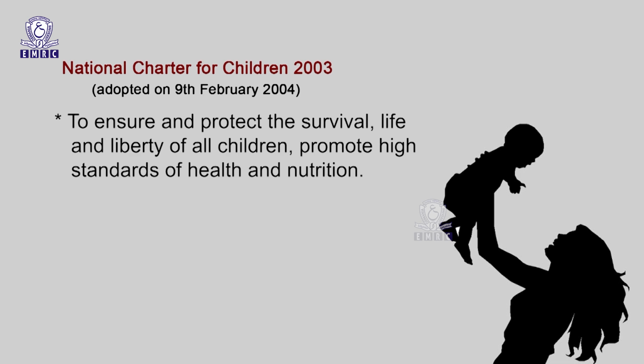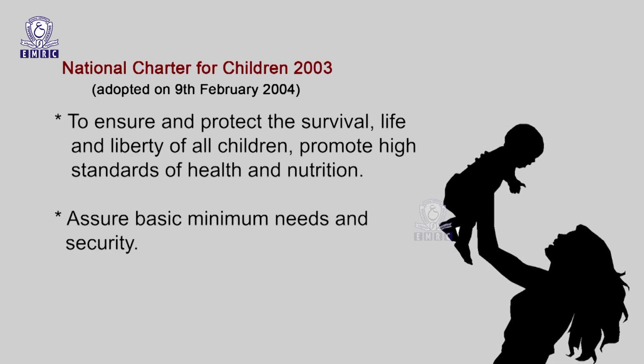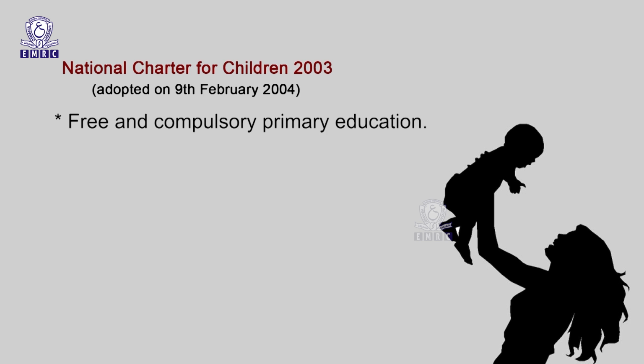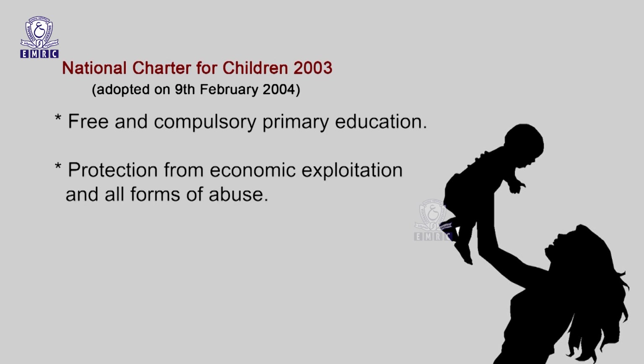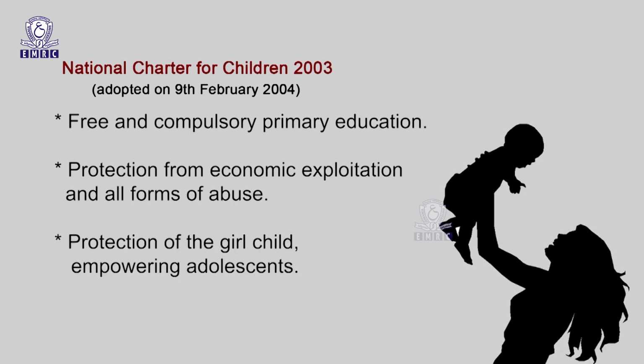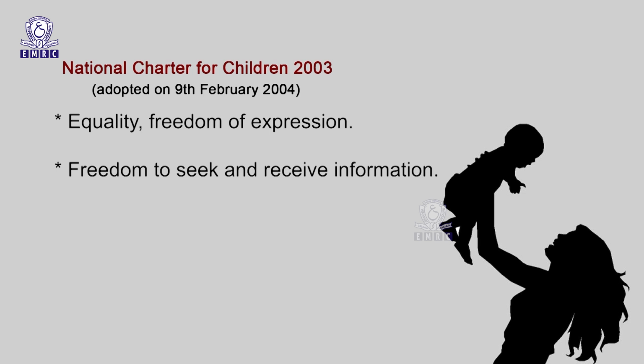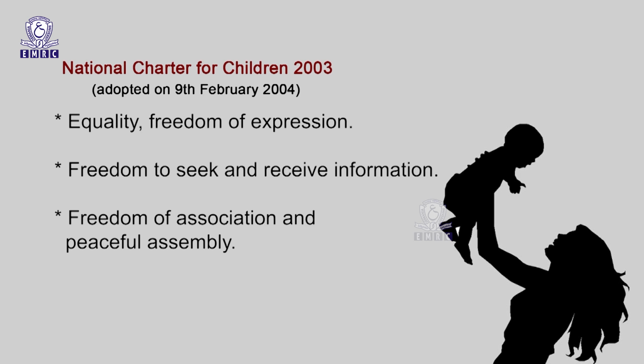The policy sets forth goals to ensure and protect the survival, life and liberty of all children and to promote high standards of health and nutrition, and also to assure basic minimum needs and security, and to give importance to play and leisure, early childhood care, free and compulsory primary education, protection from economic exploitation and all forms of abuse, protection of the girl child, empowering adolescents, equality, freedom of expression, freedom to seek and receive information, freedom of association and peaceful assembly,